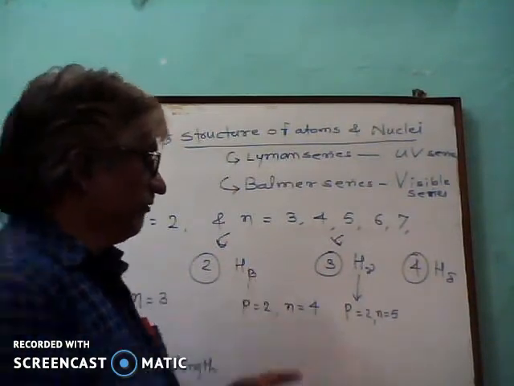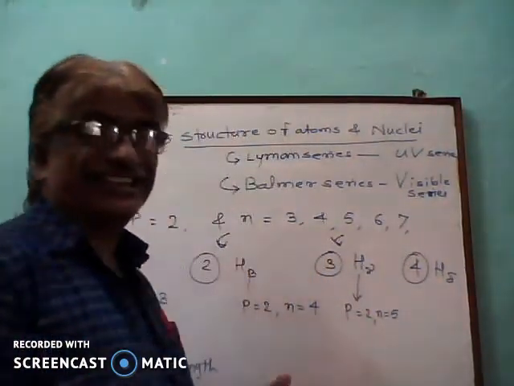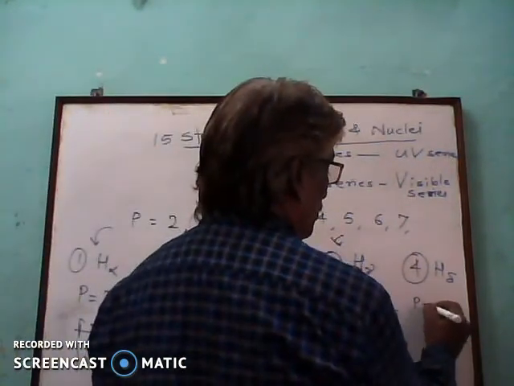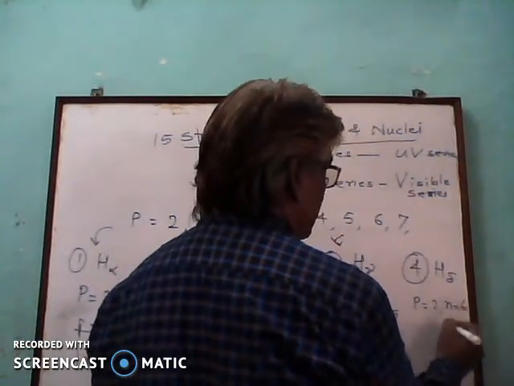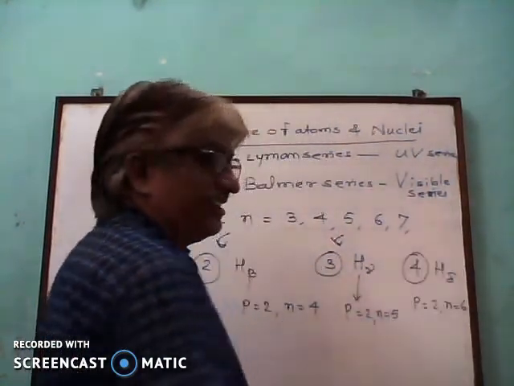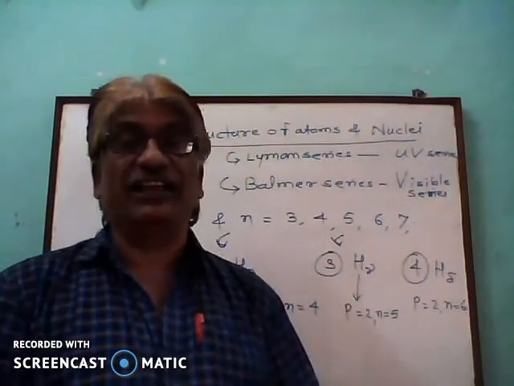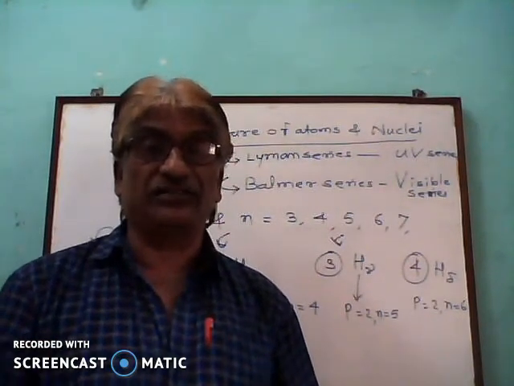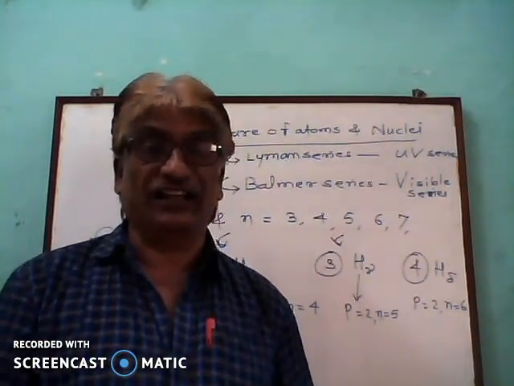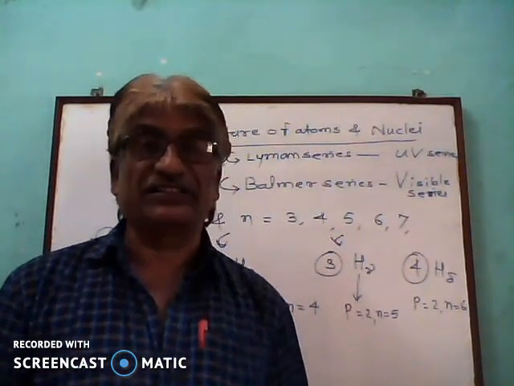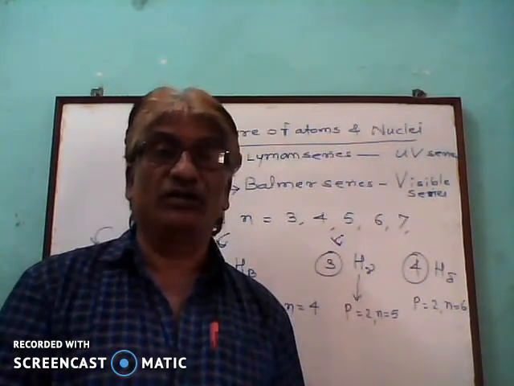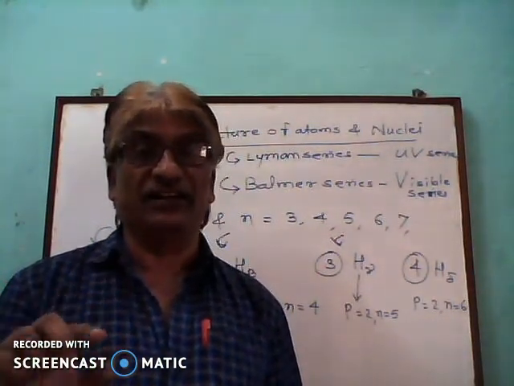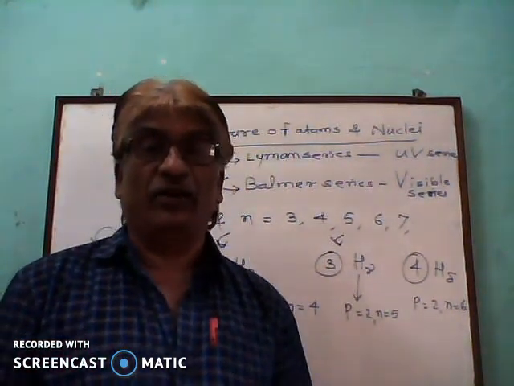Next, when the electron jumps from the sixth outer orbit to the second inner orbit, meaning P equal to 2 and N equal to 6, the line is called the H delta line. So the visible lines are named the H alpha line, H beta line, H gamma line and H delta line. The Balmer series consists of 4 lines: H alpha, H beta, H gamma, H delta. And we want to find the wavelength of